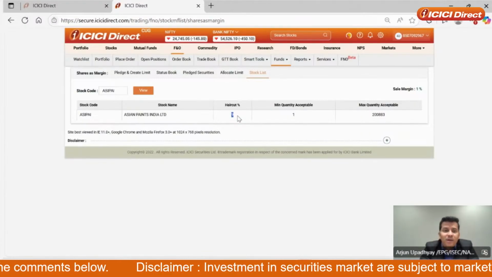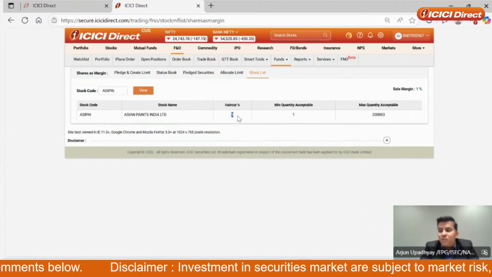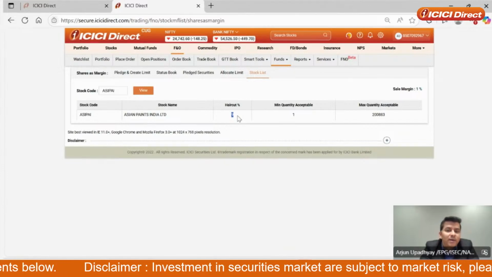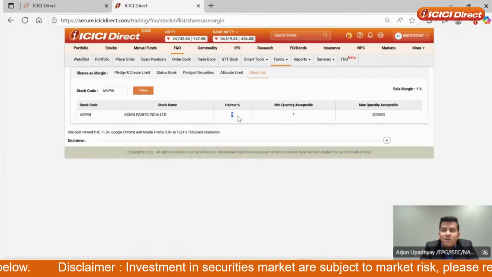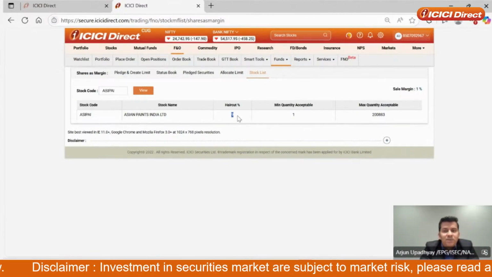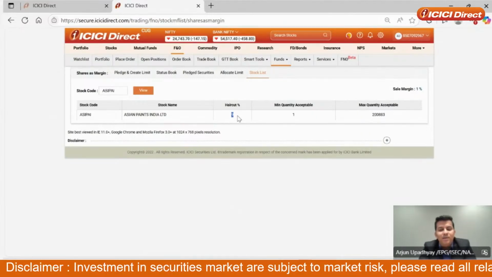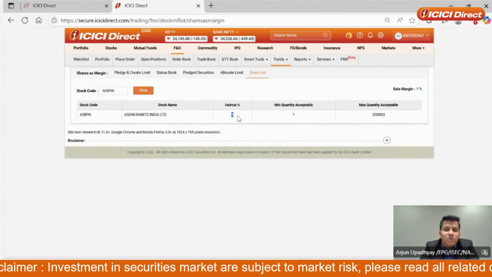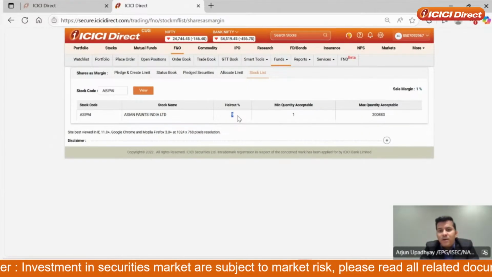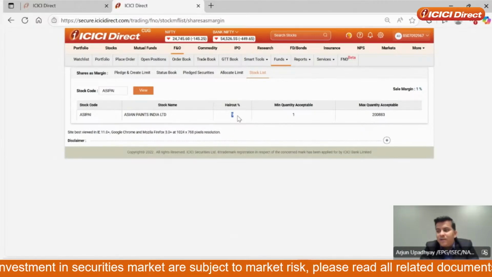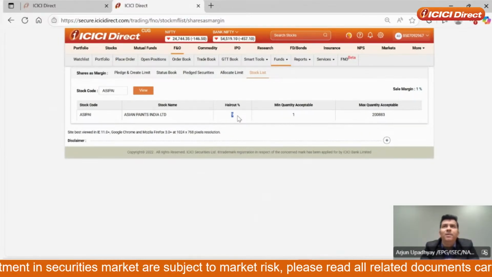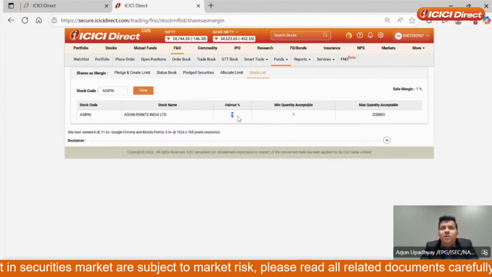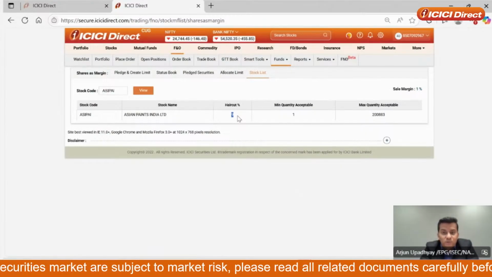Now, if it goes down and I've pledged something worth 100 rupees and my broker gives me margins worth 100 rupees, right? The broker might take a risk. So sometimes there is a haircut. In fact, all the time there is a haircut that is put on the stocks, and it is a function of how the broking house sees that stock, in what category it is, and whether it qualifies. So you can see there are category A stocks where you can get up to 91% types of haircut.